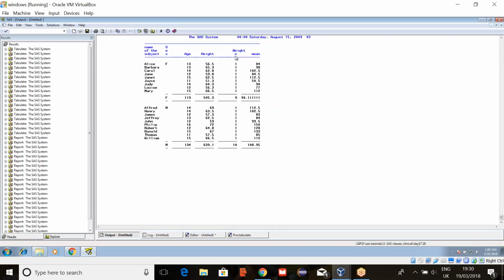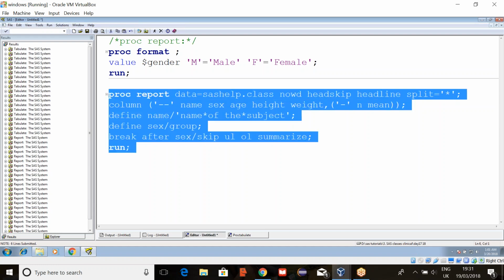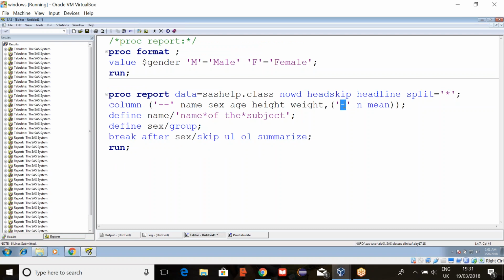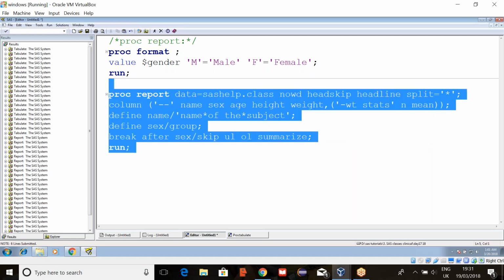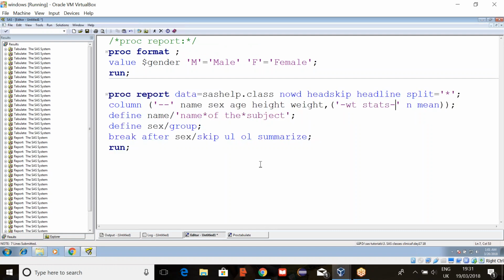And here if you want to make some changes, like I want to draw a line here and here, under those weight statistics, write like weight statistics.